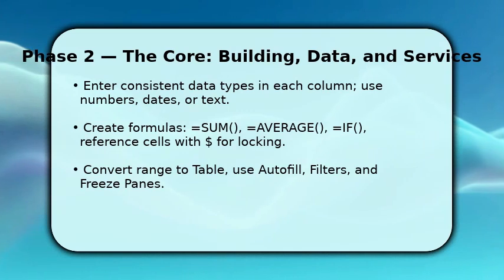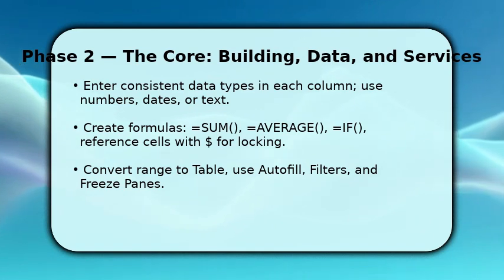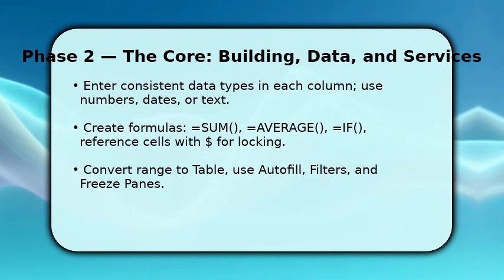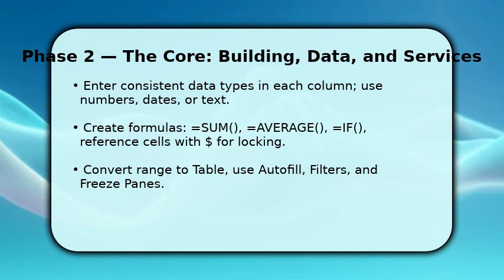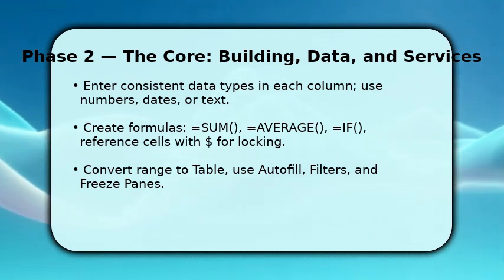Now build the workbook logic. Enter consistent data types down each column so formulas behave predictably. Create formulas in the header row or summary area. Use =SUM(A2:A50), =AVERAGE(B2:B50), and =IF(C2>0,"yes","no"), and lock references with